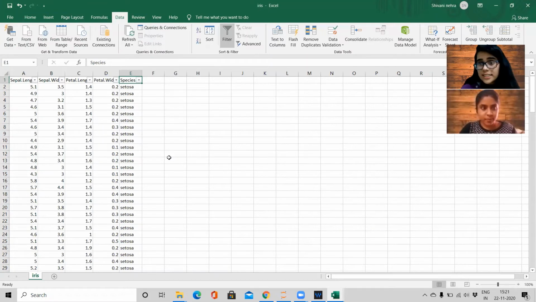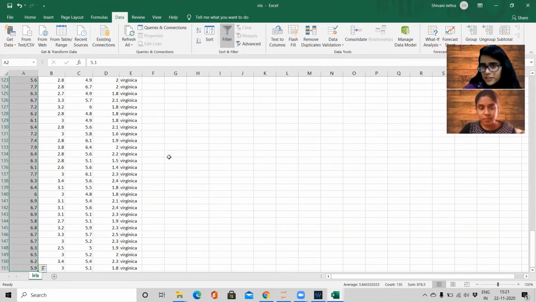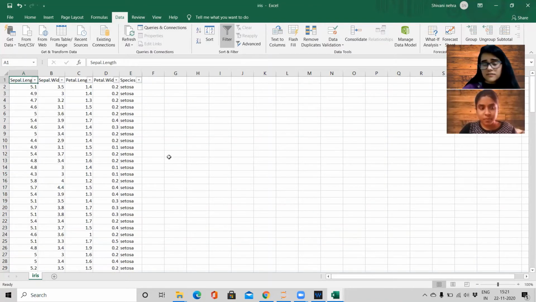The IRIS dataset explains the different species and characteristics of the iris flower. So we have close to 150 rows in our dataset, and we have attributes such as the sepal length, sepal width, petal length, and petal width.